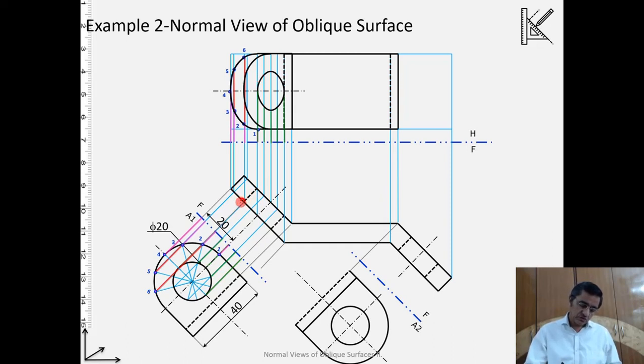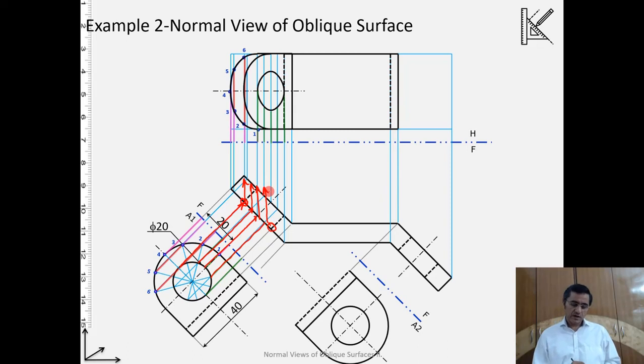Now if we see something interesting over here, because this is also part of the drill, here also part of the drill. If I do it now for the back face or the bottom face, the projectors from the circle will only reach up to the bottom face, and then they will be projected up from the bottom face to the horizontal.